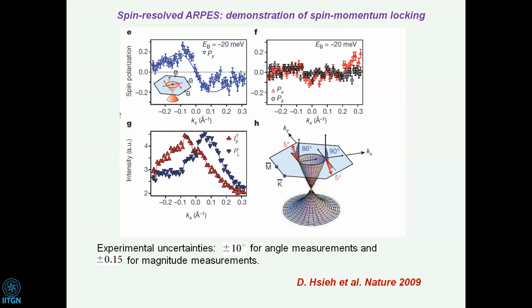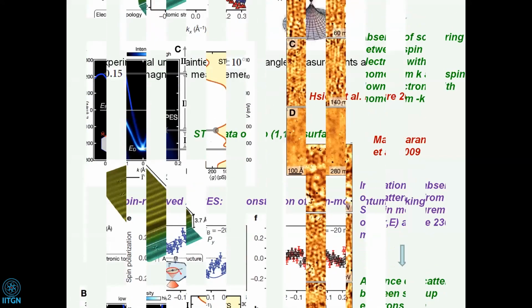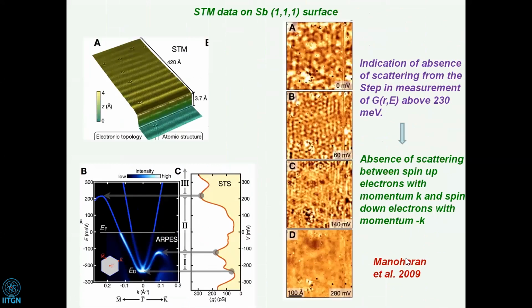Okay, so there is another experiment which came up and which also showed this. This was done in Hari Manoharan's group at Stanford around 2009. What they did was to have an STM on a surface, and this surface had a Dirac band like this. Okay, and they could project electrons from the STM tip onto the surface,